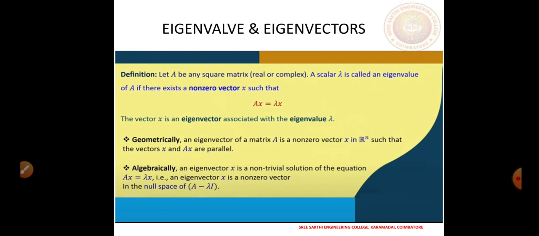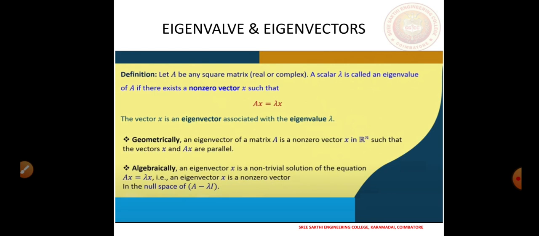So that is the definition of the eigenvector. This x is called the eigenvector and this lambda is called the eigenvalue. The eigenvector is always non-zero, otherwise the zero vector would satisfy it also. So we are looking for the non-zero vector here, which is called the eigenvector, and this is called the eigenvalue. Okay. So now the vector x is the eigenvector associated with the eigenvalue lambda, and there are two points now.